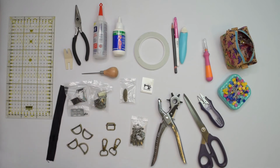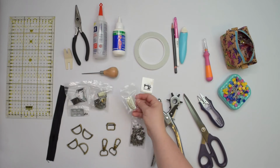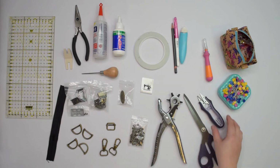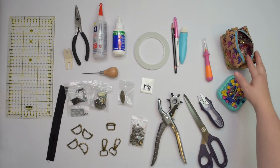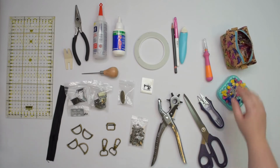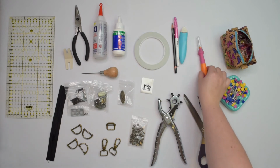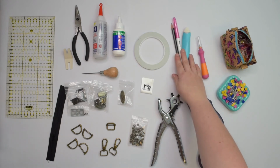If you like, you can also add a metal tag to the outside of your bag or a care label to the inside. If, like me, you decide to use rivets, then you also need hole punching and setting tools. You would need some scissors and snips, some pins and clips to hold your fabric in place, a seam ripper just in case something goes wrong, your favorite marking tools,